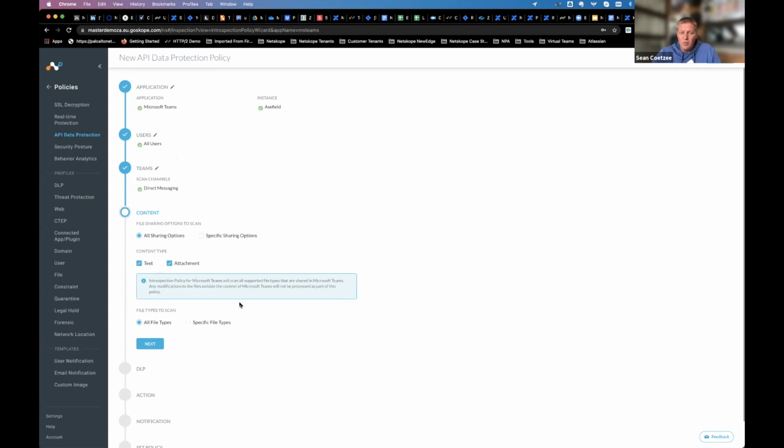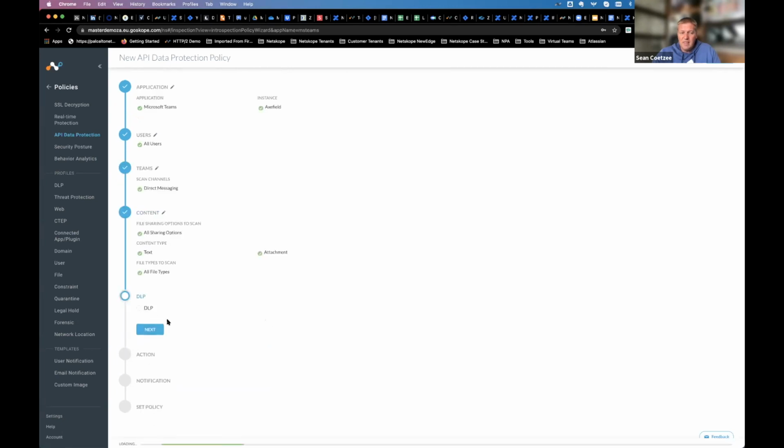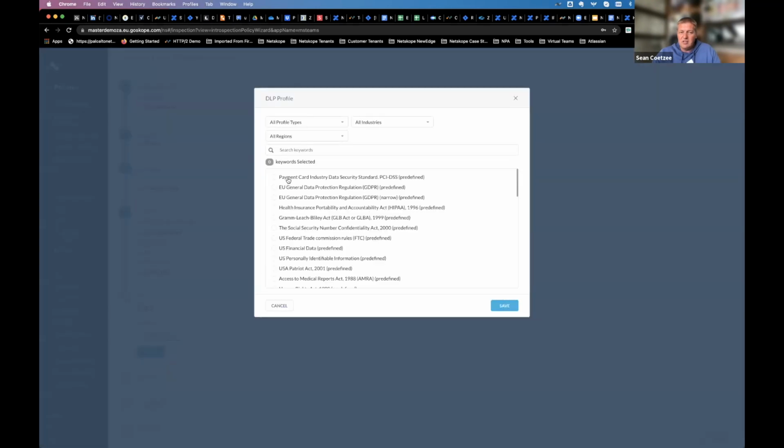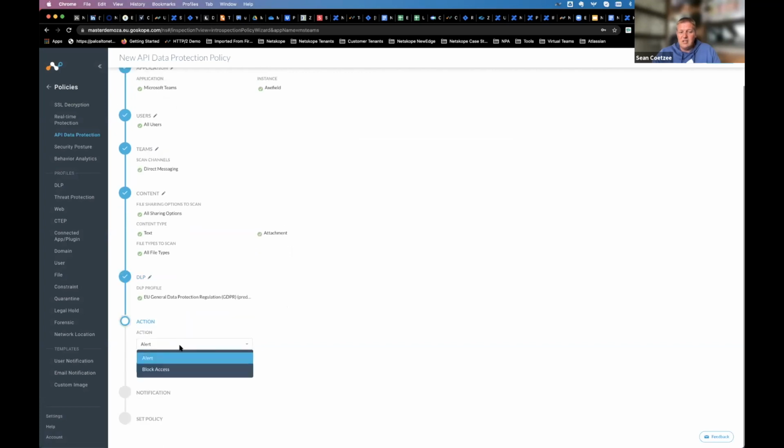So then we will create a policy based on that by saying, well, if it contains any data, and I'm going to get to that, you will see we can then go say like a Word document for argument's sake, or what you can do is say all file types. And then again, you'll use that DLP profile. So you can then select say PCI or GDPR. Then what you can do is go with the next, and you will see the action is then